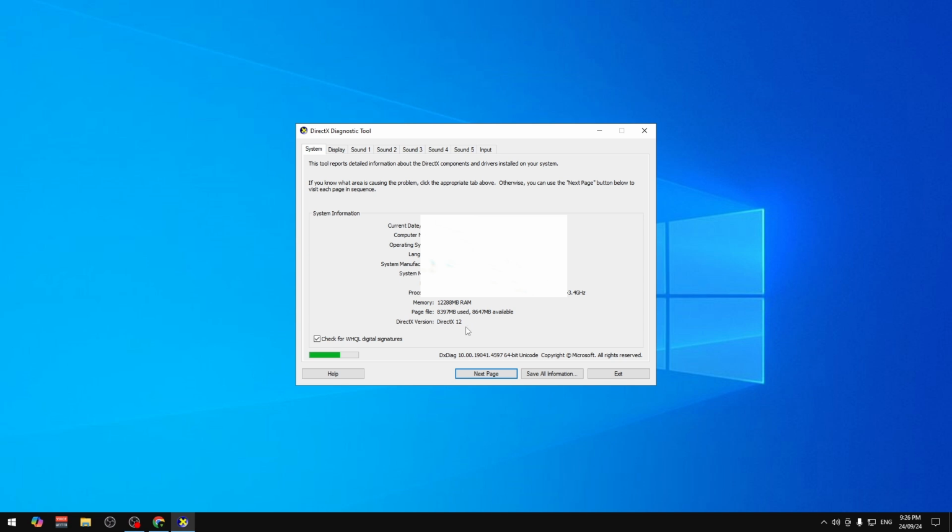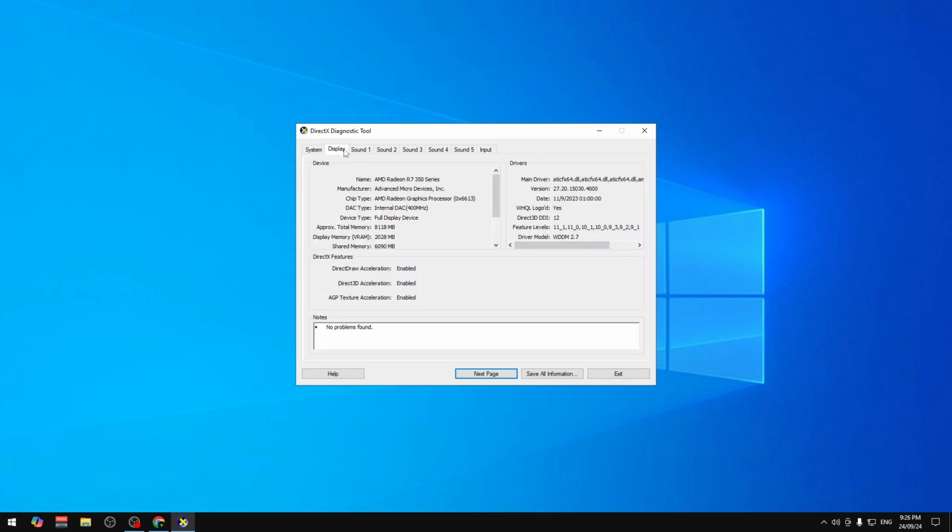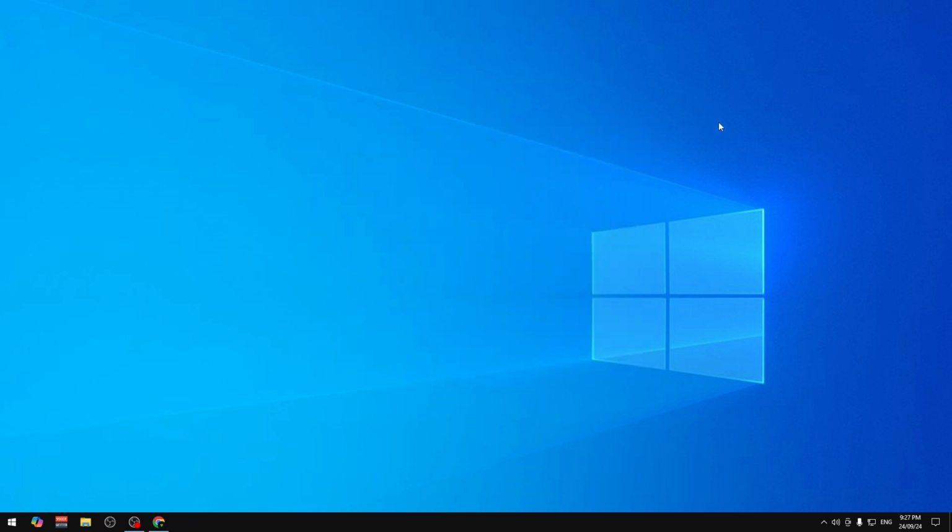If you have 12 and it still doesn't work, you can update it with this method. So here we go on Display, and here we go on Feature Levels. As you can see, we have 11, 11.0, and if you have this tree right here, that means that your GPU supports it. So all you have to do is close this once we've verified that you can actually run level 11